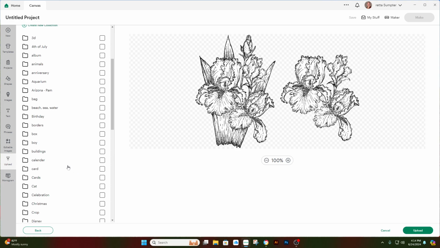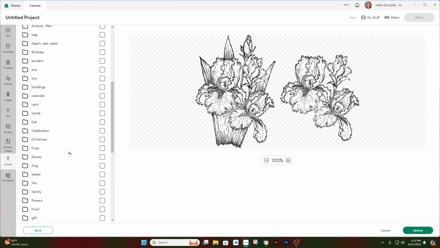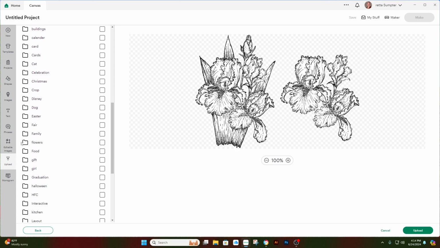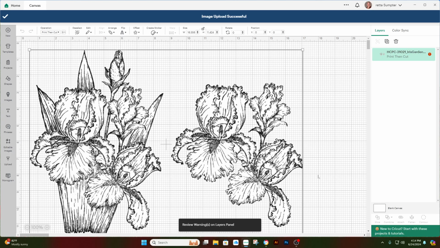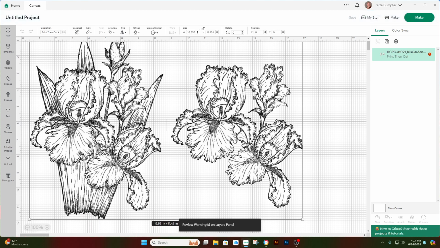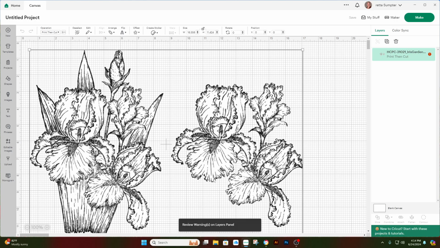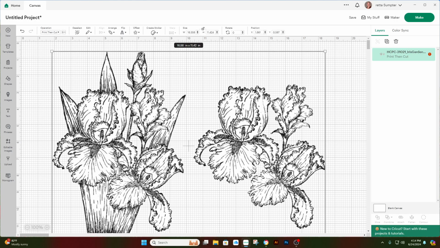That's always a nice thing to have. You can also sort them into different things down here. If they're borders or flowers, here would be one I could check as flowers. Now, anyway, upload. And you're going to see it go into my canvas. Now it is large, and the reason it's large is because it's produced at a high DPI